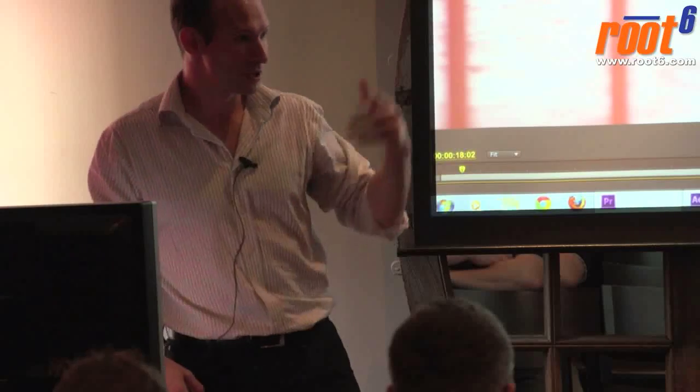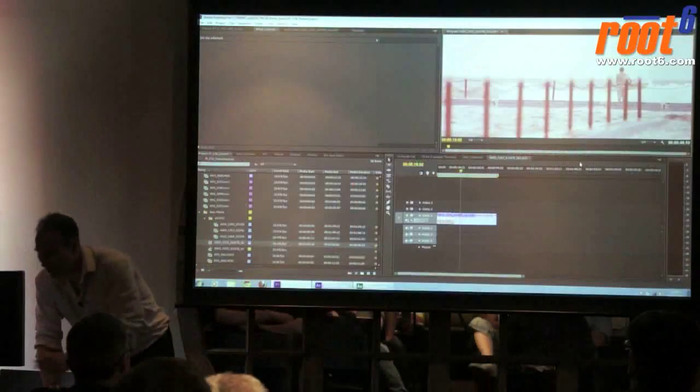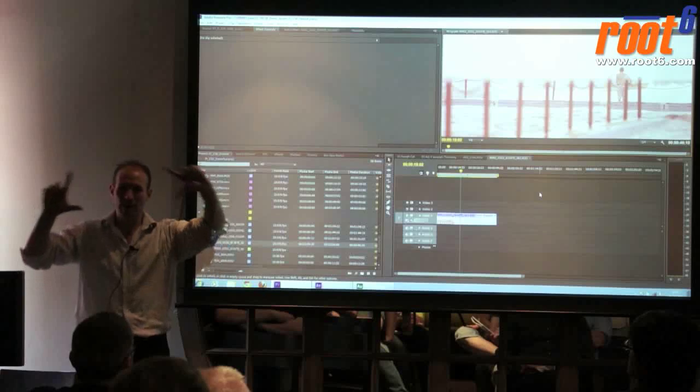And remember, this is a laptop. It's a pretty beefy laptop, but it is just a laptop. If you get a really spec'd up machine with really fast hard drives, you're going to see even better performance. Just to give you an idea of how impressive this is, because I know when you're looking on a screen, it's just